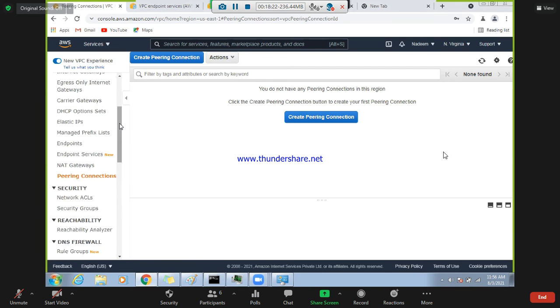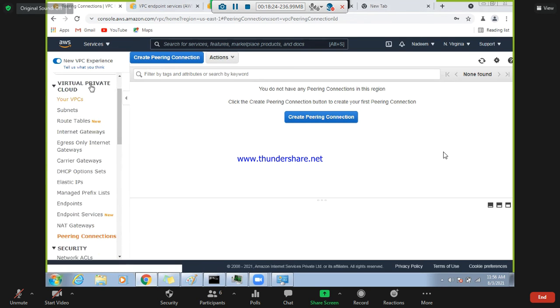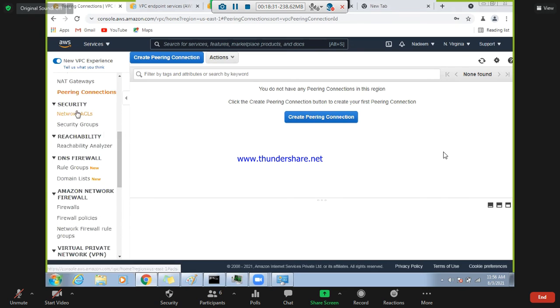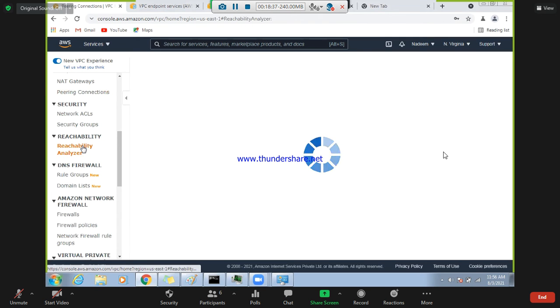So if you look at this option, the virtual private cloud, these many options are there. In the security tab, you are already aware of network ACL and security groups. Reachability analyzer, this is something again